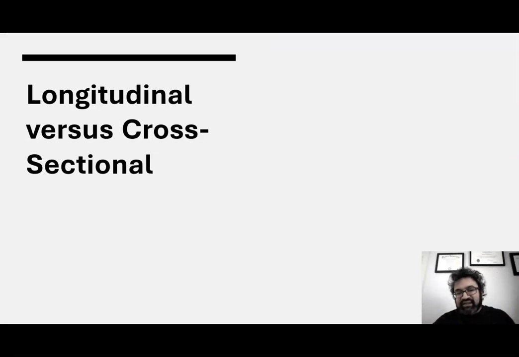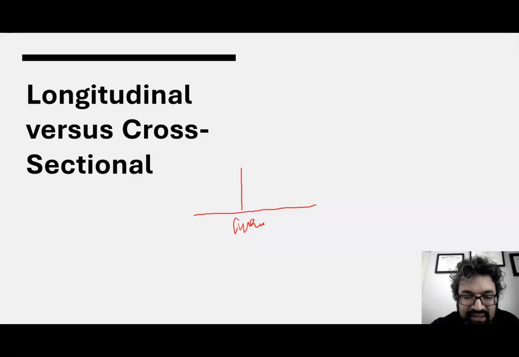So before we do anything, let's get one thing clear. What is the difference between a cross-sectional study and a longitudinal study? Well, the simplest way to illustrate this is by creating kind of a timeline here. And if we then look at this as current and this as the past,